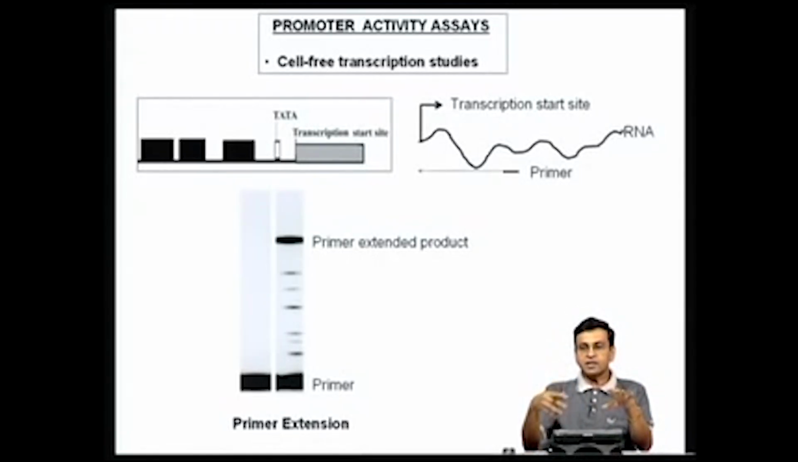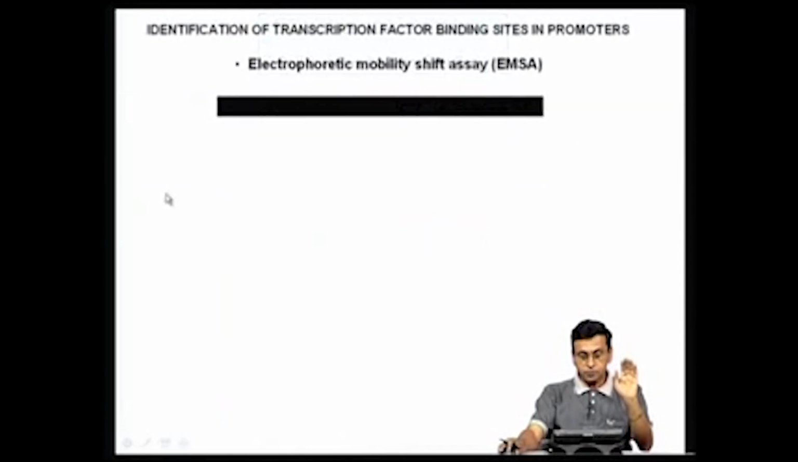quantify the RNA that is synthesized in a cell-free transcription system, and by using promoters, whether they contain mutations or deletions, you can assay all these promoters in these in vitro transcription systems, and you can actually demonstrate what kind of regions in the promoter are actually essential for activator dependent transcription. So, this is how people have identified various promoter regions which are essential for transcription activation of genes in